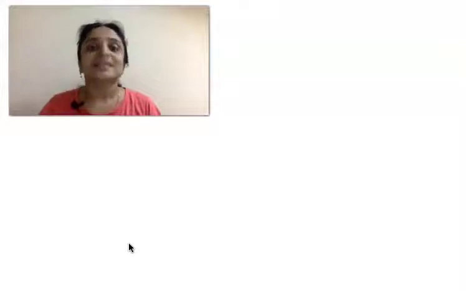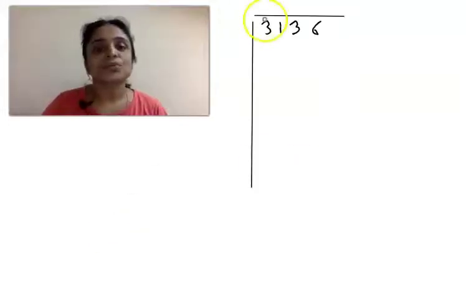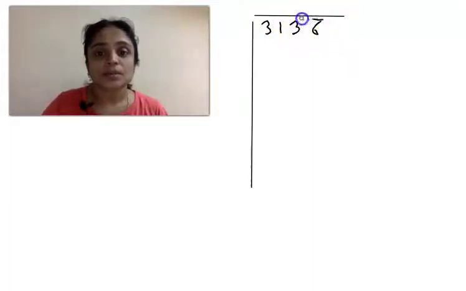Welcome to my class. In this class, we are going to see how to find square root of numbers by long division method. Long division method is the method that we use for dividing numbers. So, let us find square root of 3136 by this method. Okay. So, we have to draw a line like this, and above this we'll write the quotient and here we'll write the divisor. Okay. So, first we have to pair these numbers from the right. So, this is one pair and this is one pair.